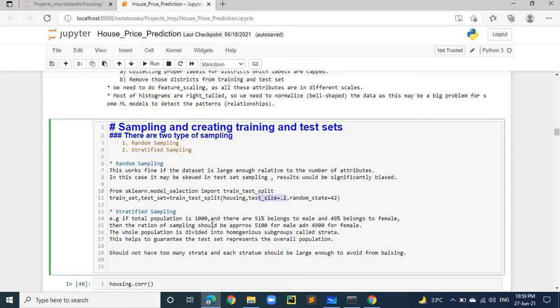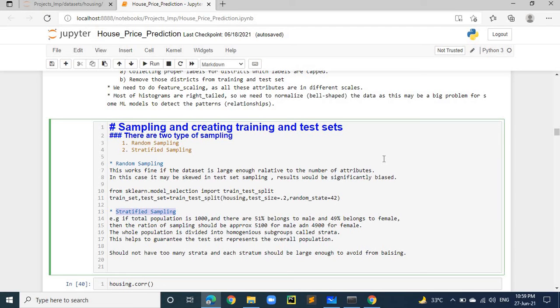Okay, and what is the main important thing here? We are using stratified sampling because of our income. We can see how our income is, by using the different strata subgroups, how we can make the sampling, because we want homogeneous subgroups.